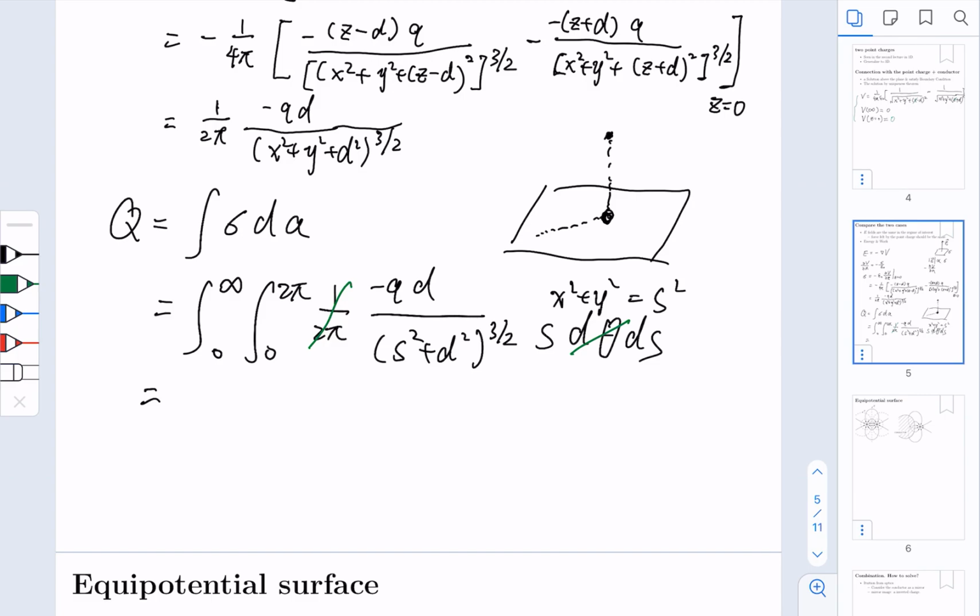And in the s integral, s ds can be replaced by half of d s squared. And then it can help you do the integral, which is simply